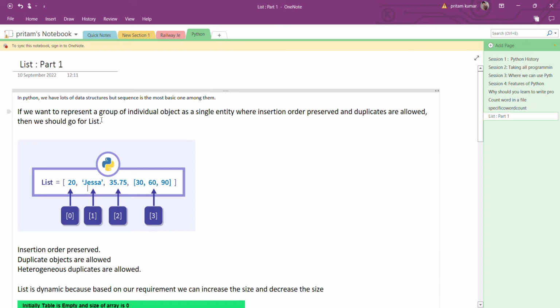So if you want to represent a group of individual objects, these are the objects. Integer 20 is one object, jesa is another object, 35.75 is another object, and this is a list. So we can represent a group of elements in a single entity. We can say that we store all these values in a list variable. So list is a group of